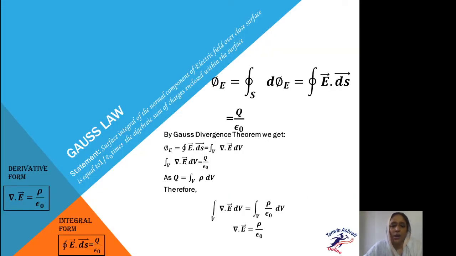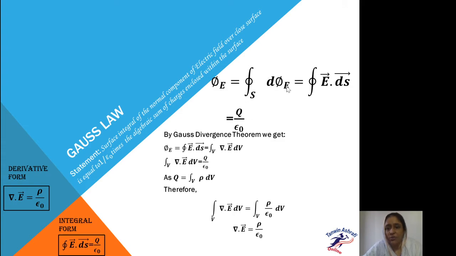Now, Gauss Law statement. The surface integral of the normal component of electric field over a closed surface is equal to 1 upon epsilon naught times the algebraic sum of the charges enclosed within the surface. Now, what we say: the surface integral of the normal component over a closed surface, that is, integration over a closed surface. This is the integration of flux